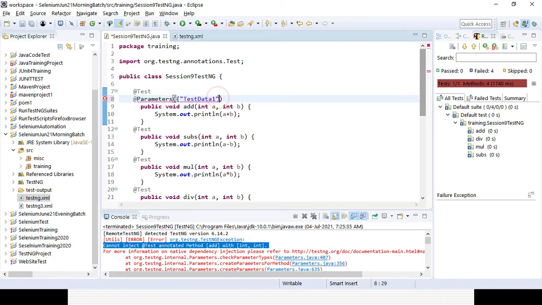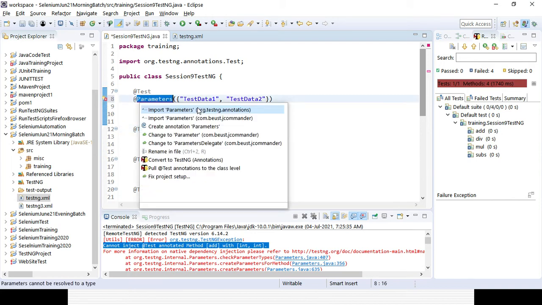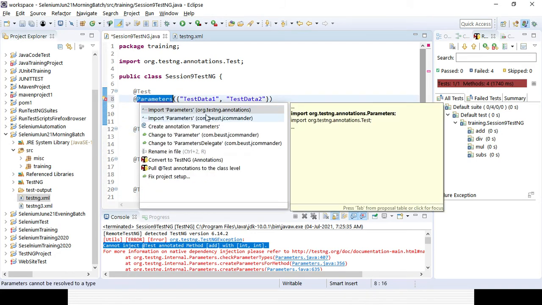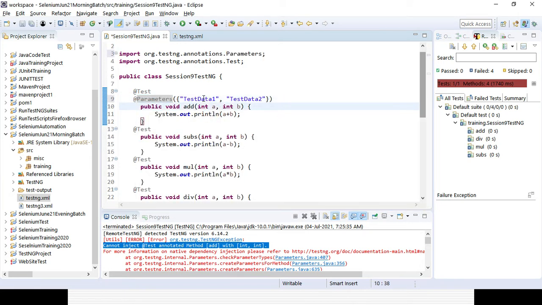Here there is no need to define any data type, you just need to give the variable name. Then you close with the double quote and then the bracket. That is the way of declaring, and you need to import Parameters because this annotation is available in TestNG only. So I will be importing Parameters from org.testng.annotations. Please remember that. So here testdata1 and testdata2.